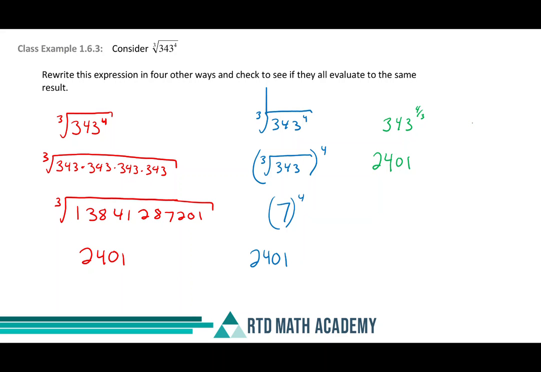Okay, the last thing we're going to do here is take 343 to the power of 4/3 and change the exponent into a decimal. And what we end up getting is 1.3 repeating. Now this is my second least favorite because it's actually the most inaccurate. So into your calculator, you could actually put